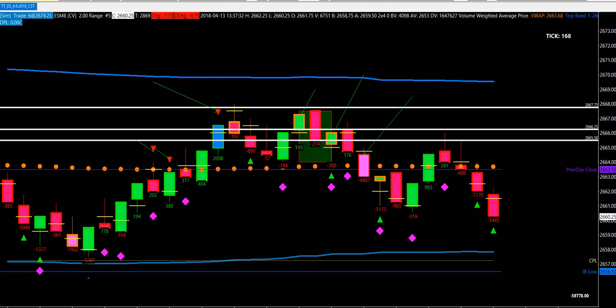I want to take the point of control and I want to draw the volume profile in there, right? Why is that going to become important? Because you're going to see that when we come back across, we're going to come back and test the point of control between these three bars right here. That's going to be your next entry. Now realize that gives you an entry. You've got the rejection right there on a positive. Notice that we get another divergence right there. That's what that diamond's indicating. We tested right in. We get the rejection, right?